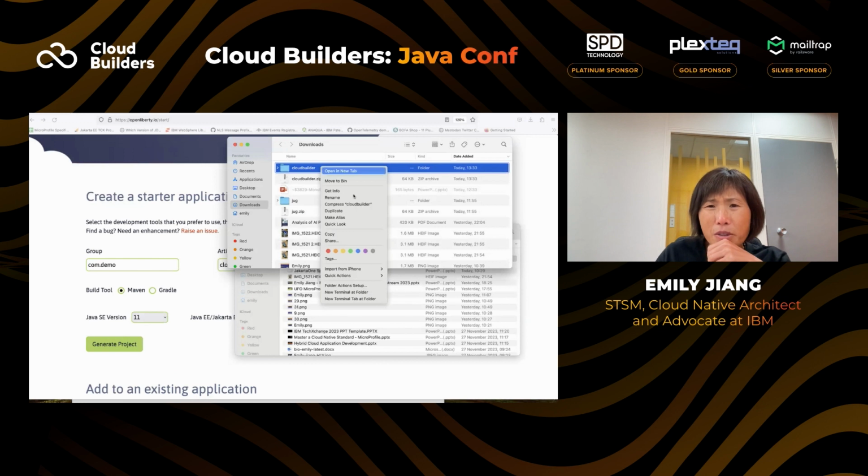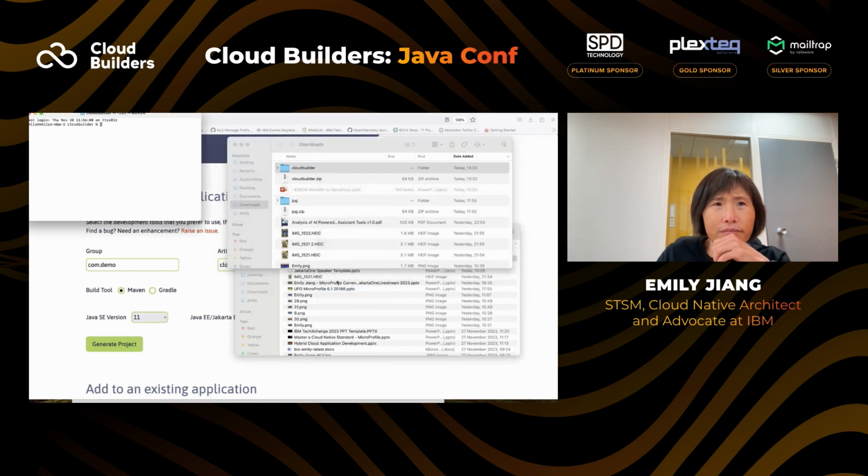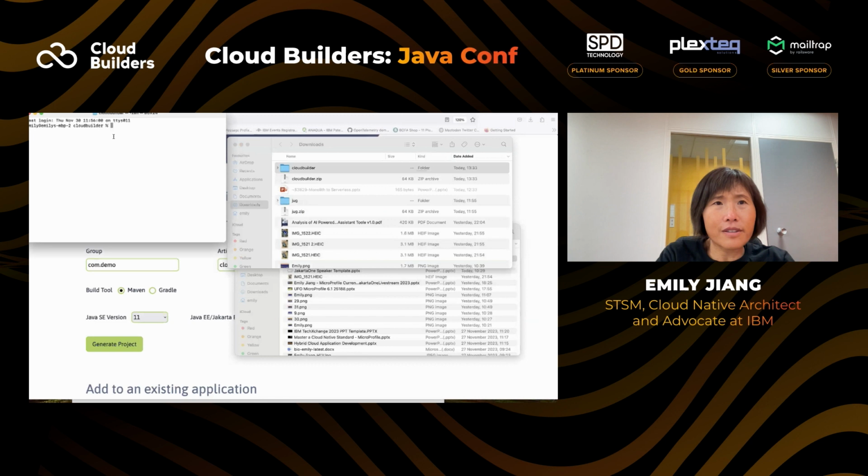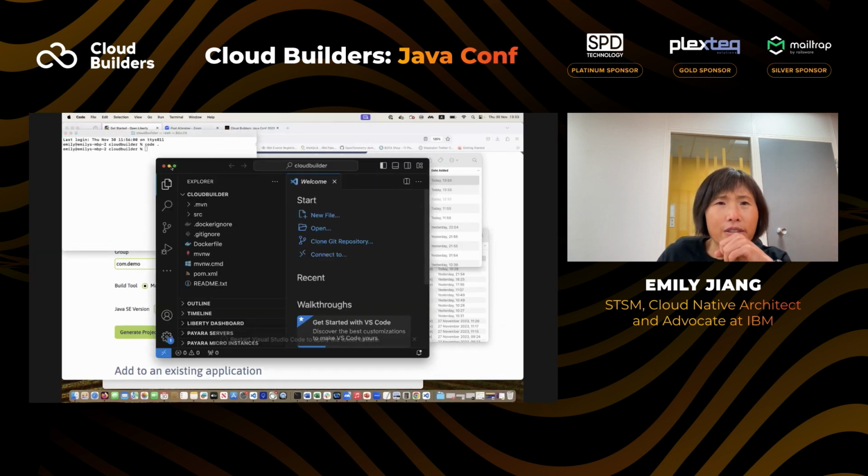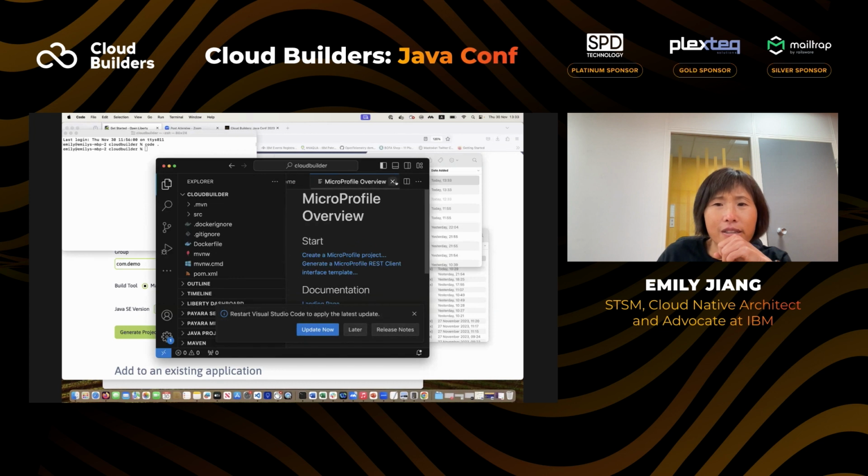It's already put here as the Cloud Builder zip. If I go in there and open it up in VS Code, it's created here.